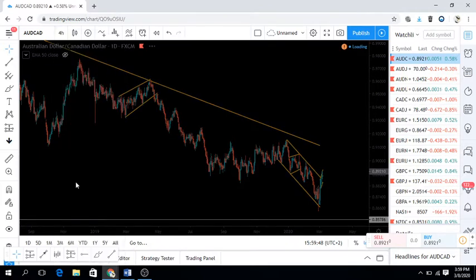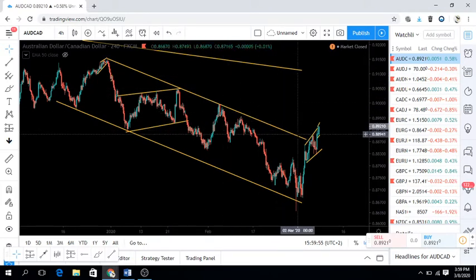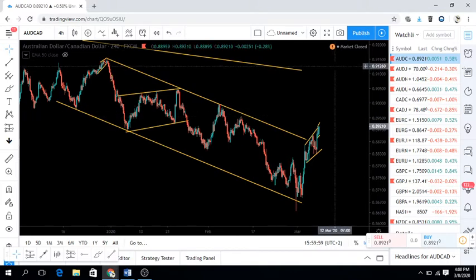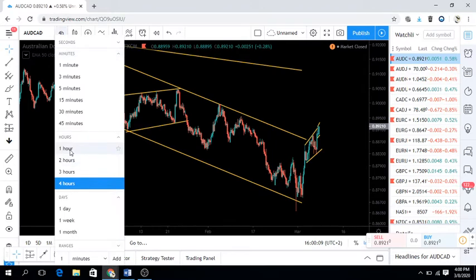But if we go to the 4-hour time frame, we're at this trend line. We got to this trend line, and then we're expecting a break because of the nature of this pattern, and we're expecting to at least get to those levels. So we're just going to see how it develops because we've got this ascending pattern that could break to the downside. And if we go to H1,